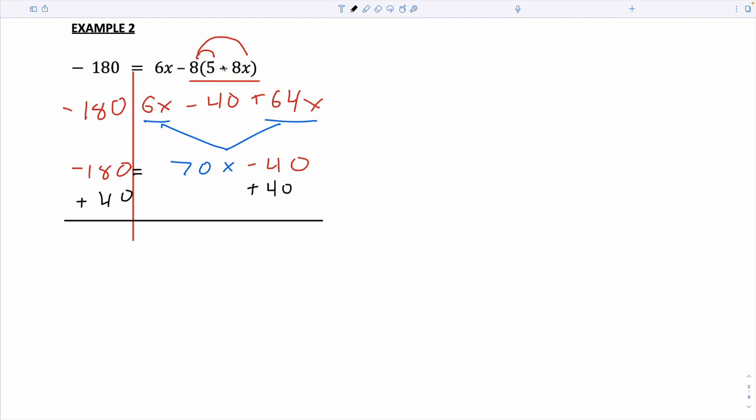Yeah, let's debate that. A few of us think this should be a negative 64. Hadley, do you agree or disagree with that? Really good thing to point out. Thanks, Jameson and Hadley. When you have a negative 8 in front of the parentheses, it's not just 8s. So you need to write negative 8 times negative 8x and negative 8 times 5. So this should be 70x, which would leave me with,